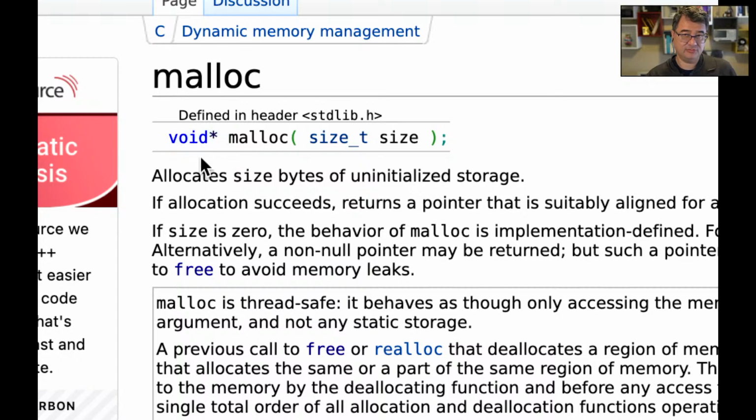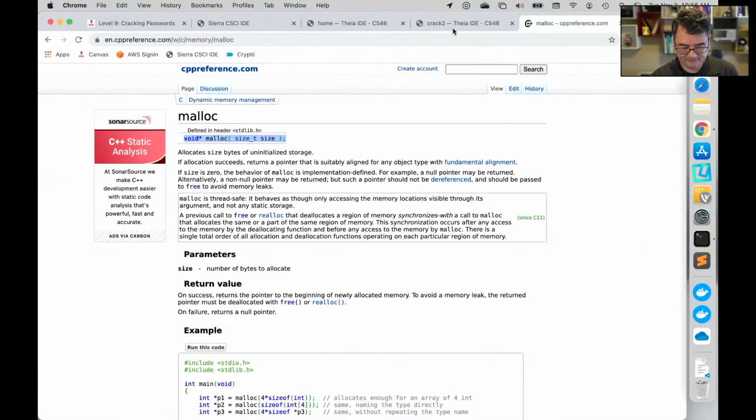And a void pointer can be turned into whatever you want it to be turned into. So void pointer doesn't really mean it returns a pointer to a void thing. It just means it returns a pointer to something. It's kind of like in Java, the Object, right? Object is just this umbrella term for it's a something. And so this is C's way of saying it's just a pointer to something, and then you've got to cast it to be what it actually is. In this case, the compiler will do the cast for you.